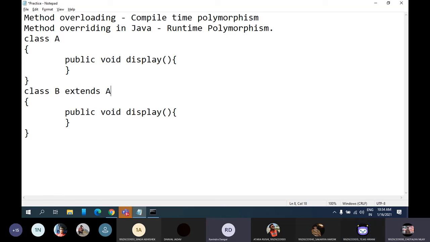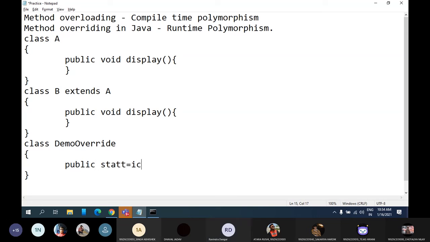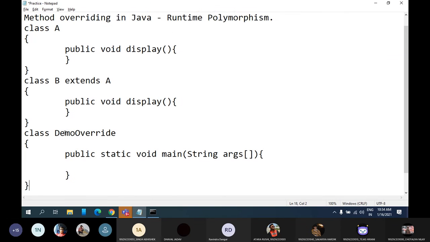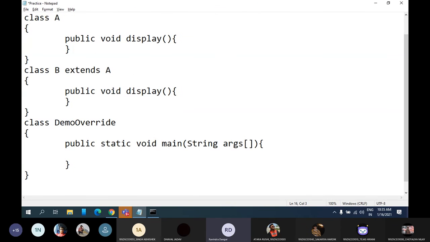Correct. Now let me define the main class. Let's say class DemoOverride, and here I'm defining the main method. And in this class, let's say I'm creating an object of class B, and I'm trying to access the display method by calling it.